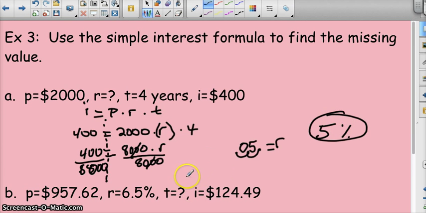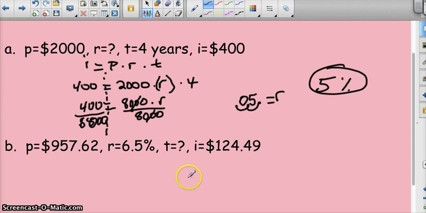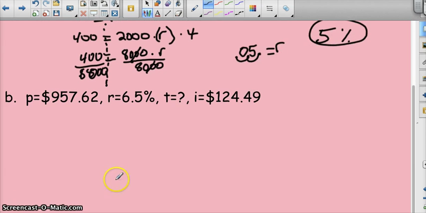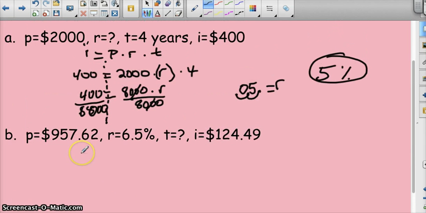So it's not hard. It's using our simple interest formula to solve an equation. That's what we're doing. Down to the second one, down to B. As we look at B, once again, every time I write it out, I equals P times R times T. And I enter all my information. Well, the I is